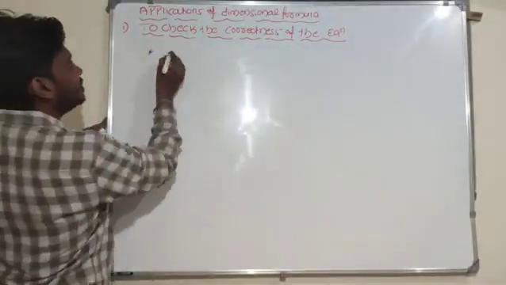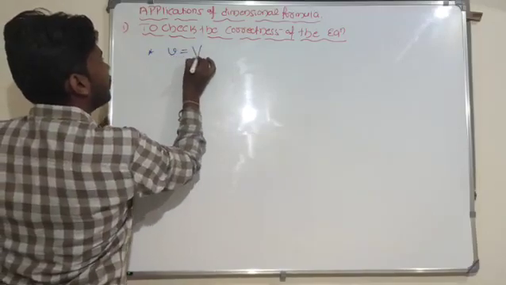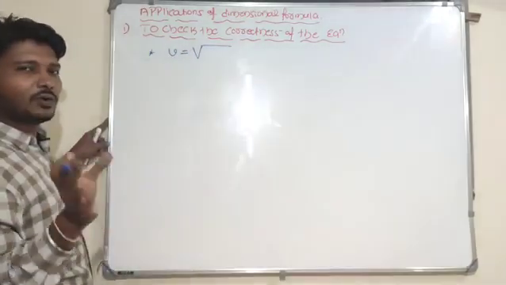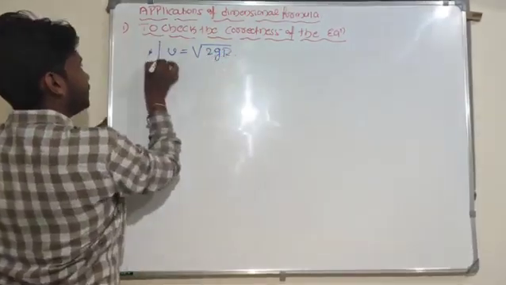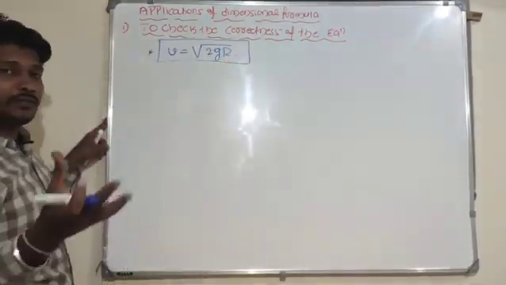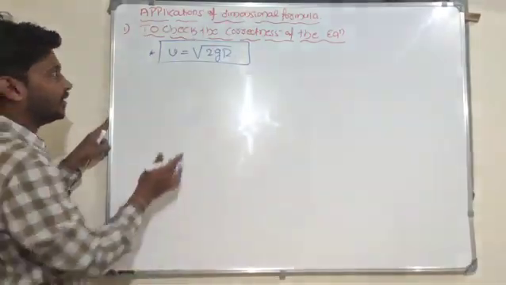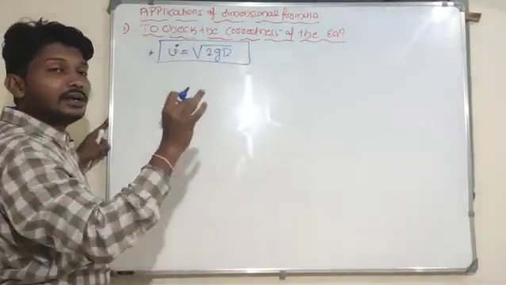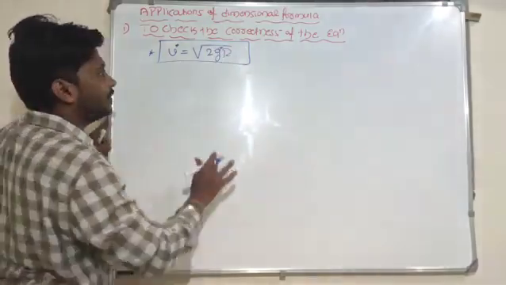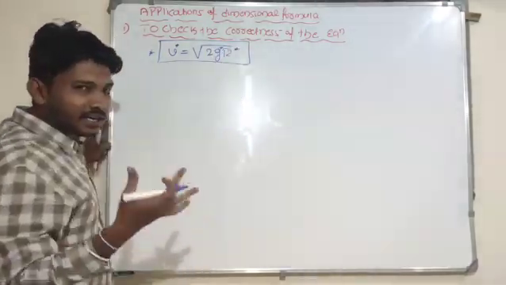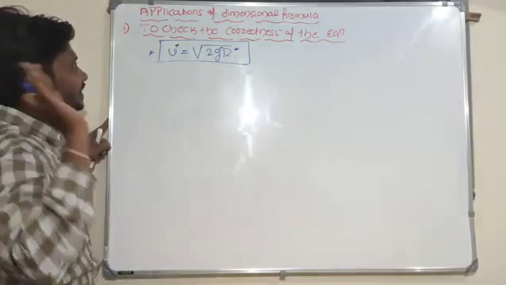Okay, so we will write the dimensional formula for escape velocity. Hope you have heard that name. I don't want to explain those meanings, I just want to verify whether this equation is dimensionally right or not. Here v represents velocity, g represents acceleration due to gravity, and r represents radius, which is in terms of length.